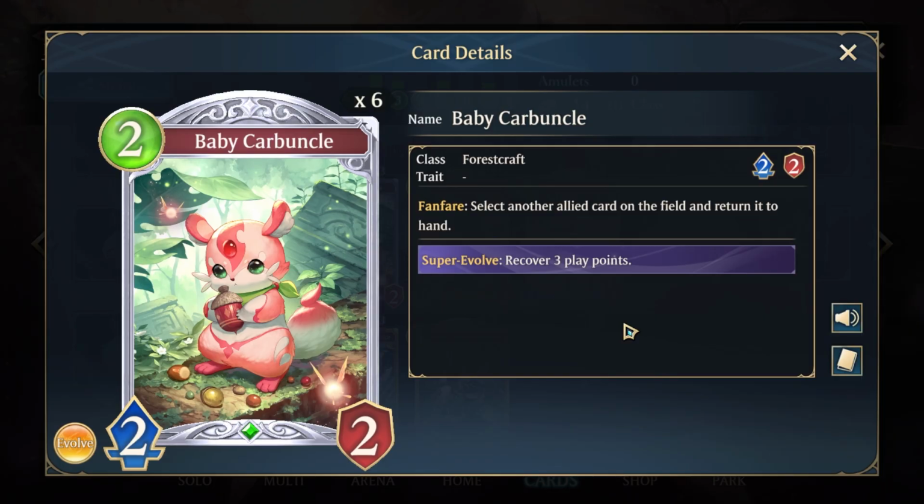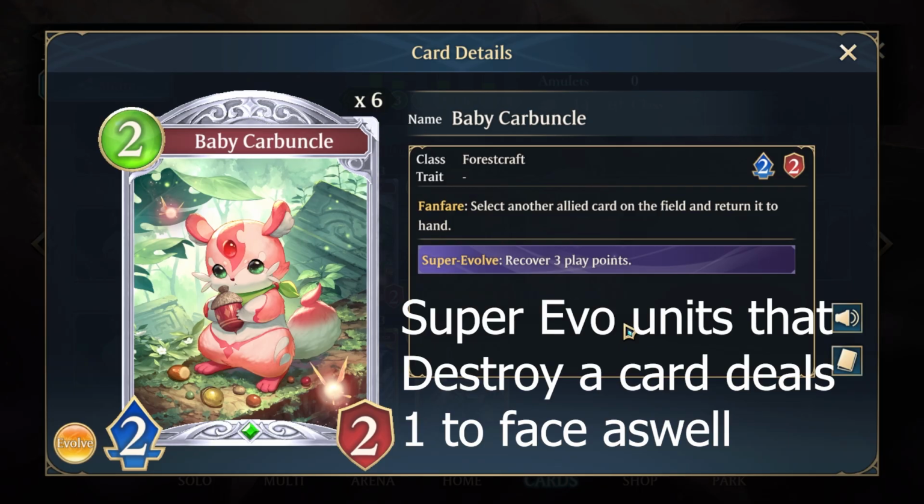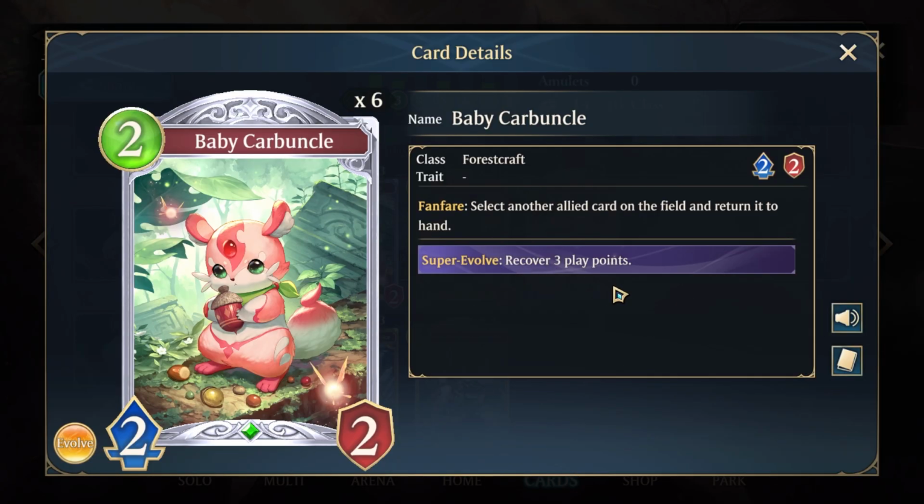So what does Carbuncle do? Carbuncle doesn't just flip a card, which is typically your Roach, and if you super evolve the Carbuncle, you get to hit something, deal 1 damage, and then play another Roach, right? Because your super evolve effect is recover 3 play points. So no matter what, as long as you flip your Roach with Carbuncle, which is gonna be 5 mana, you're gonna be able to play another Roach,